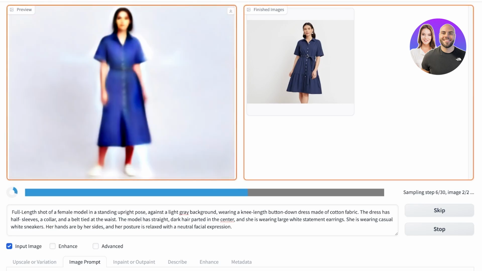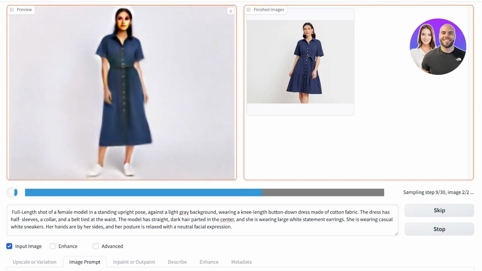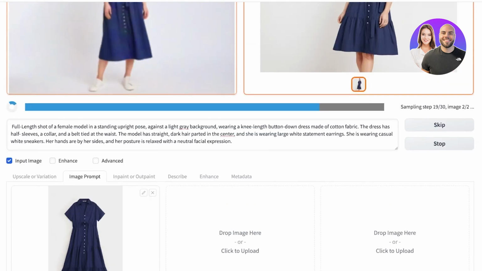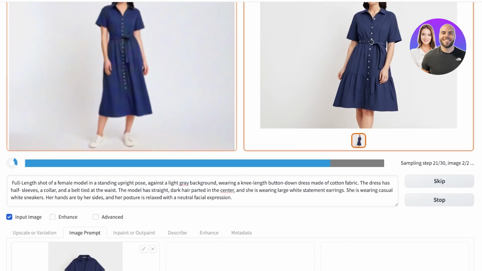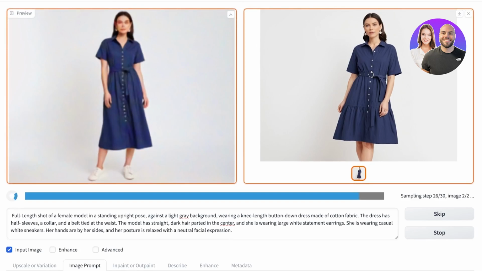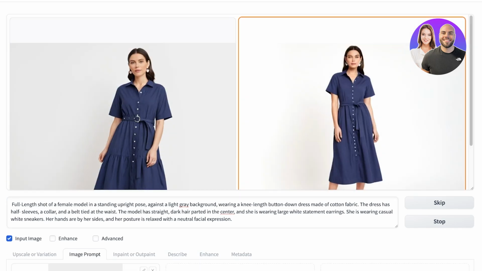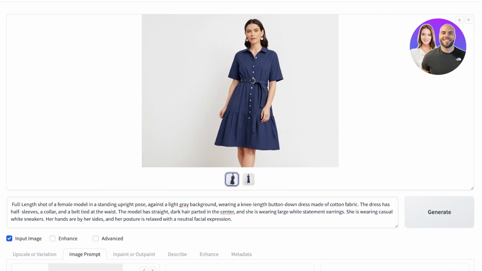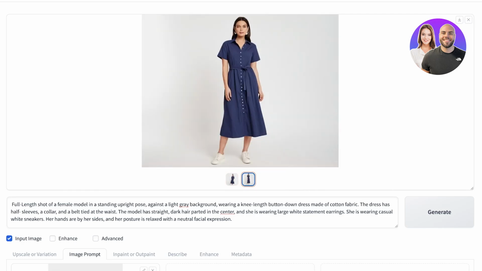We're going to wait for this to be completed, and now it is generating our image. This is our first finished image, and it's such a great image. I couldn't have actually shot this better, and it looks just like the dress that we actually have, whereas it still provides the effect of being realistic. And let's just wait for our second image as well. So both of these look pretty amazing. I personally like this one a lot better, the one that is a bit zoomed out,